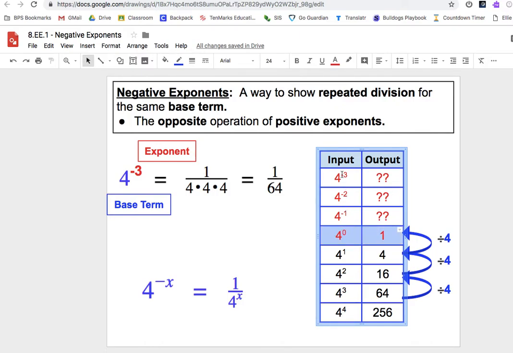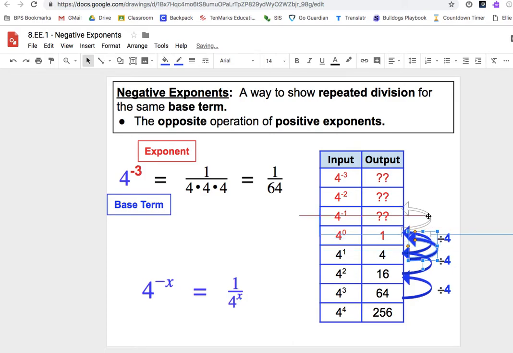But now let's think about what these exponents mean. If I need to keep following the pattern, if I need to keep dividing by 4, 1 divided by 4, which is what we're going to be asked to do there, leaves us at 1/4. So that tells me if I have 4 to the power of negative 1, my answer is going to be 1/4. And if I divide by 4 again,